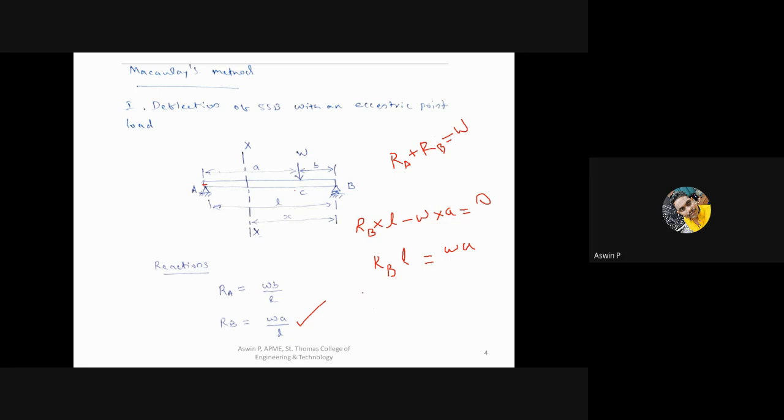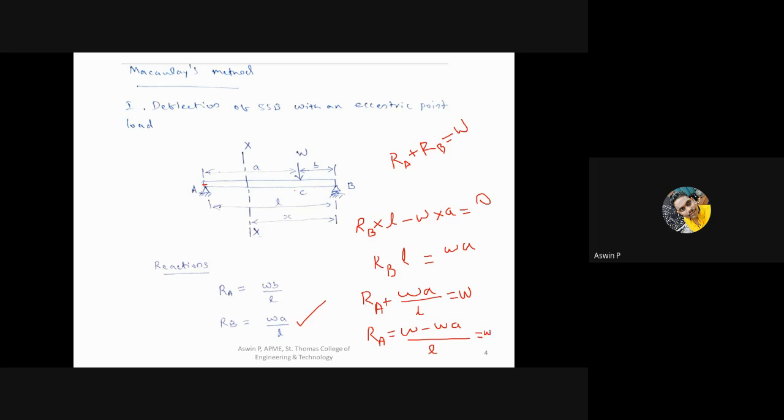That is, RA plus RB, with RB substituted as Wa divided by L, equal to W, or RA equal to W minus Wa divided by L. Taking W outside, you will get